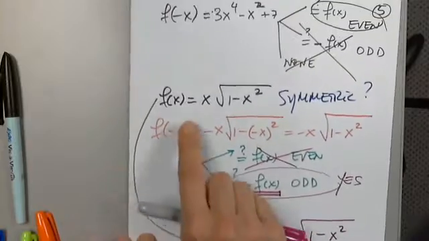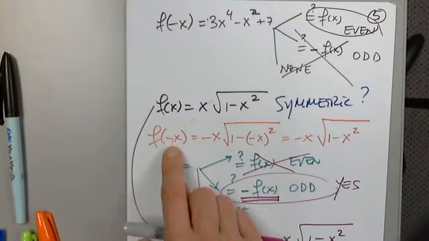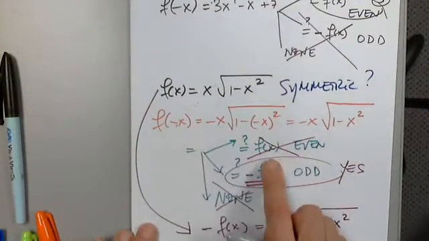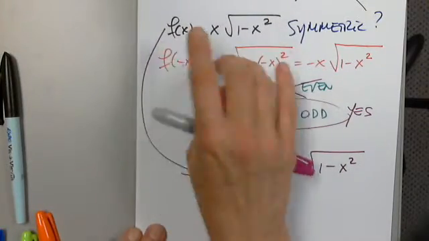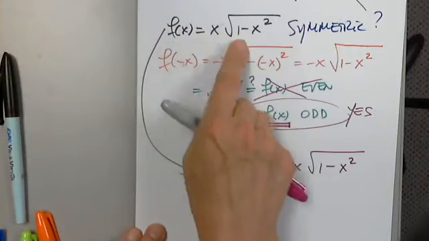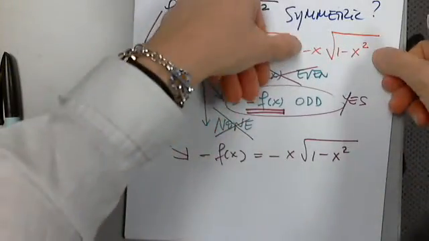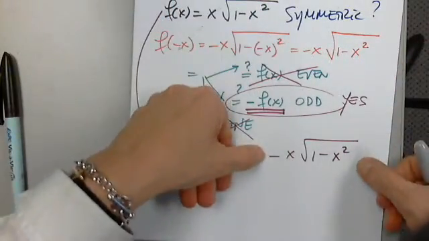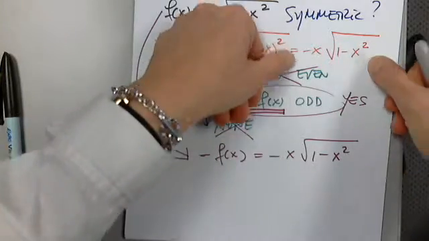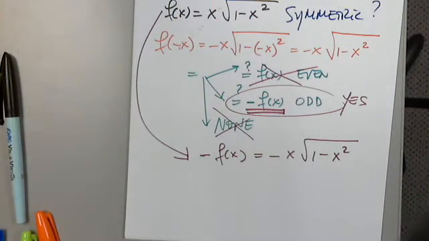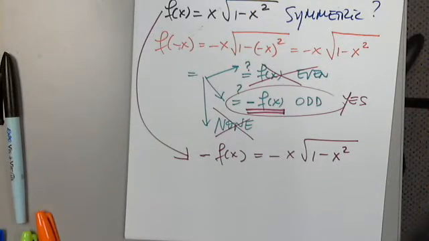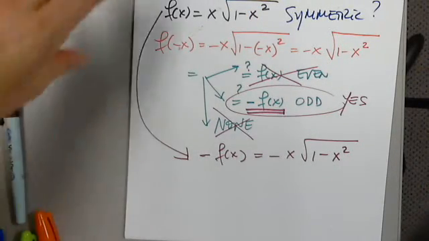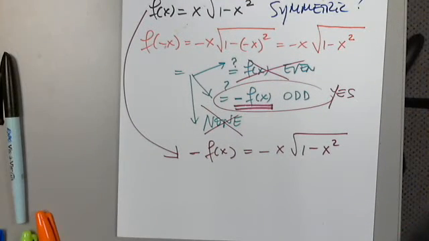But the key is to start with f of negative x, check whether it equals f of x. If it does not, then I will construct or determine negative f of x by multiplying both sides by -1, and now I compare f of negative x with negative f of x. If these two happen to be the same, then I'll say it's odd. If these two are not, then I'll say none. Okay. All right. Better? Perfect. Other questions here? Very good question. So let me